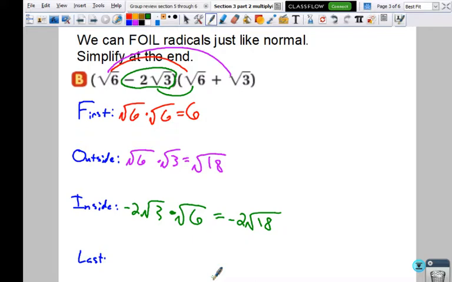Alright, and then I gotta do the last. And that's where we're gonna get the square root 3 and square root 3, right? Okay, so last is gonna be negative 2 square root 3 times square root 3. Alright, my outside, I got negative 2. And then on the insides, I have square root 3 and square root 3. So it's negative 2 square root